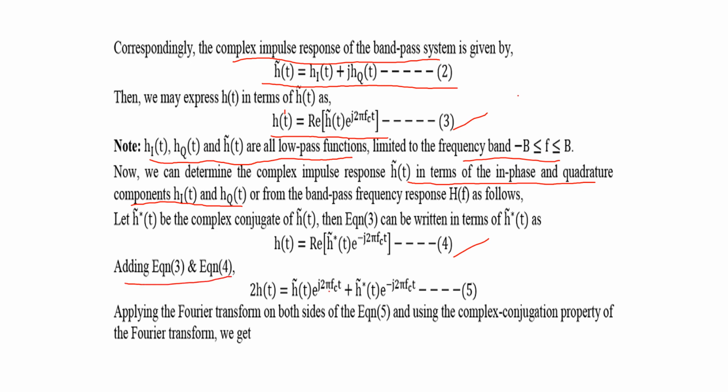When adding equations 3 and 4, we get 2h(t) as h tilde of t plus h conjugate tilde of t, multiplied by e to the power of minus j 2 pi fc t. So by applying the Fourier transform on both sides of the equation and using the complex conjugation property of the Fourier transform, we get